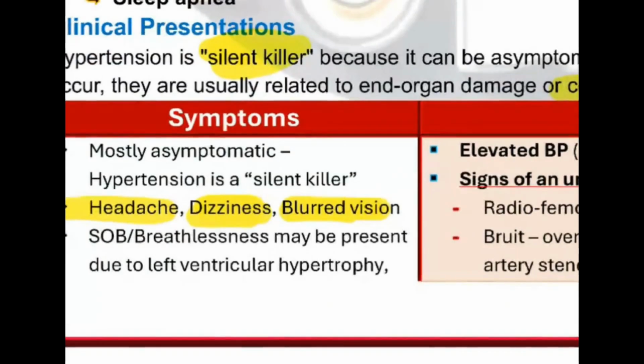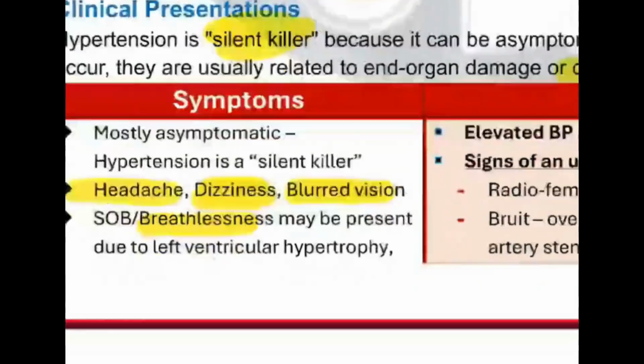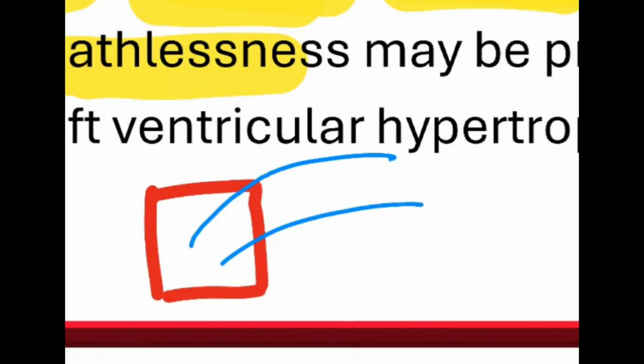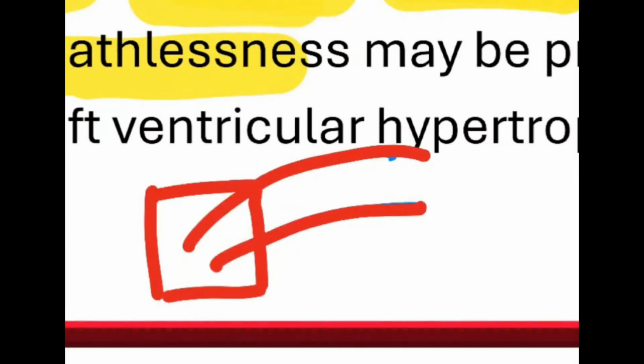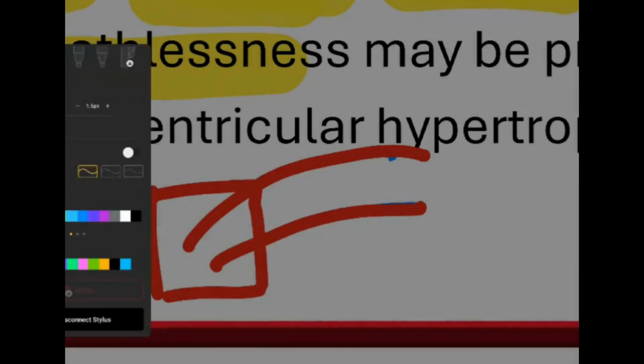Then why breathlessness? Breathlessness is because of impaired pumping. Why impaired pumping? See what happens. Assume this is the heart. Take the left heart to be precise. From here, blood is being pumped out into the great aorta. Okay, so this aorta, what is